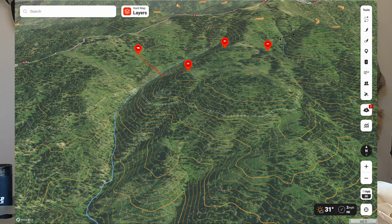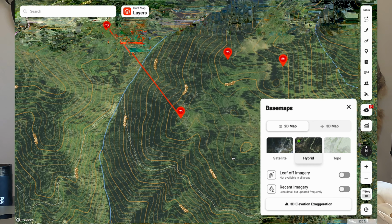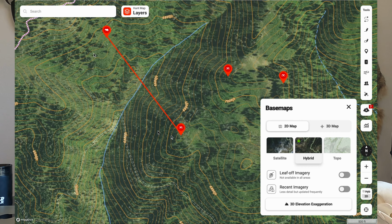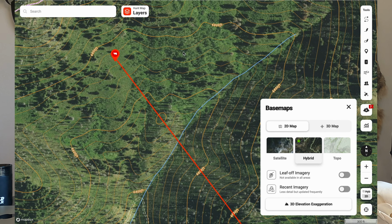It's not as intimidating. However, over on this side, this bowl looks to be very, very promising, especially with that water coming down at the bottom. So as I switch it over to 2D, let's take a closer look at what I'm looking at. So right here, you can see the creek down the bottom, but if we zoom in, you can see